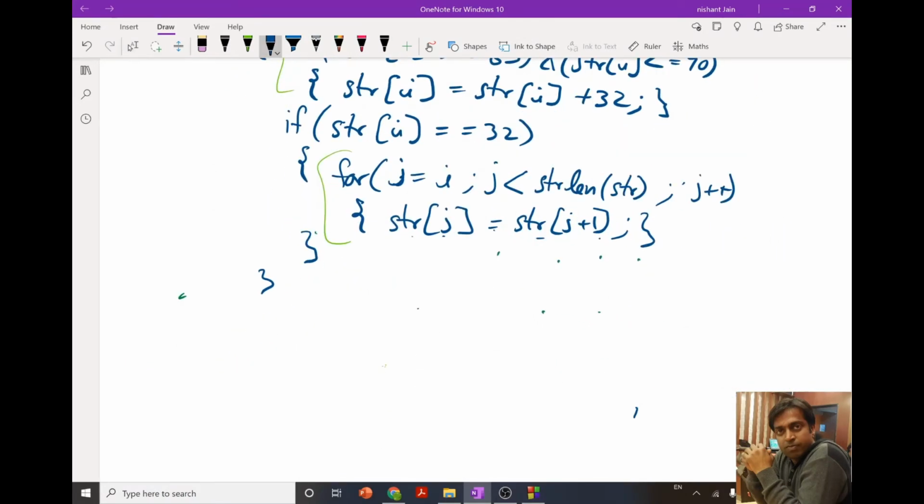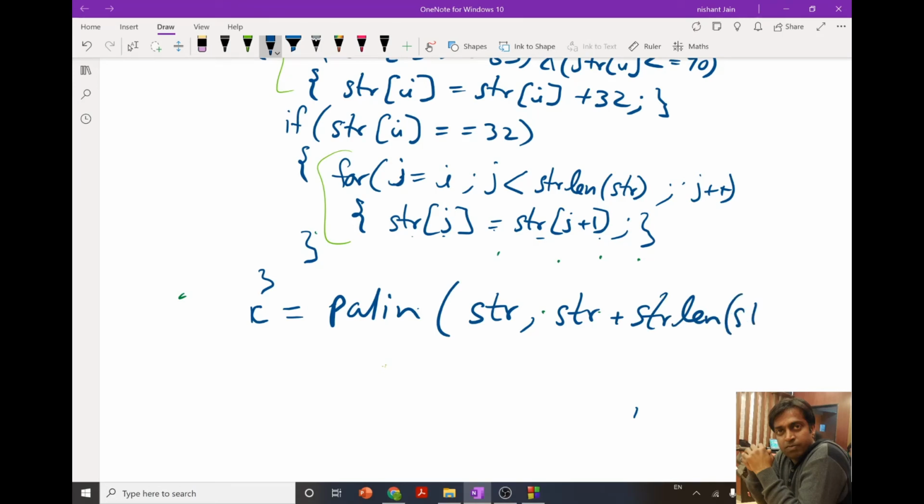we can call our function, which is c equals to plen. I pass the address of the first character, I pass the address of the last character.